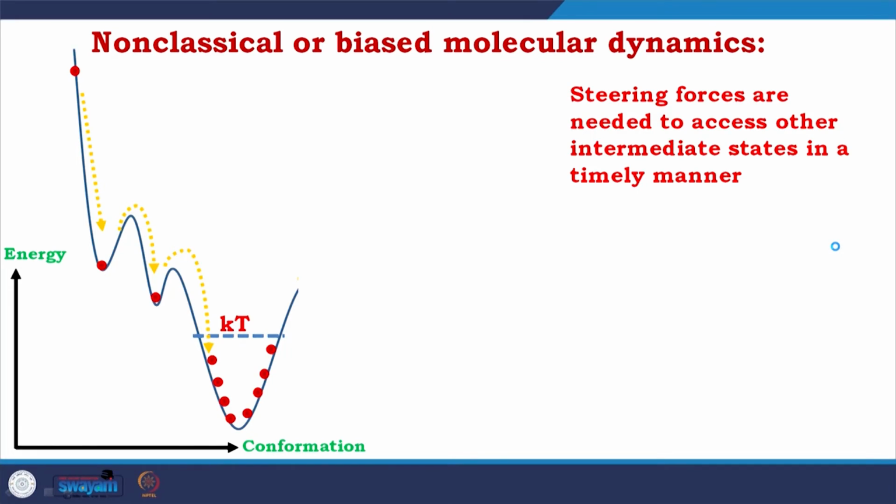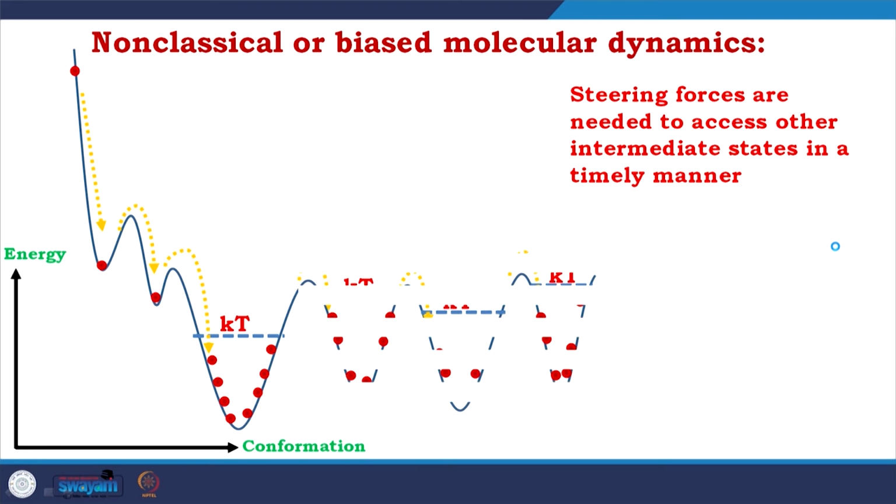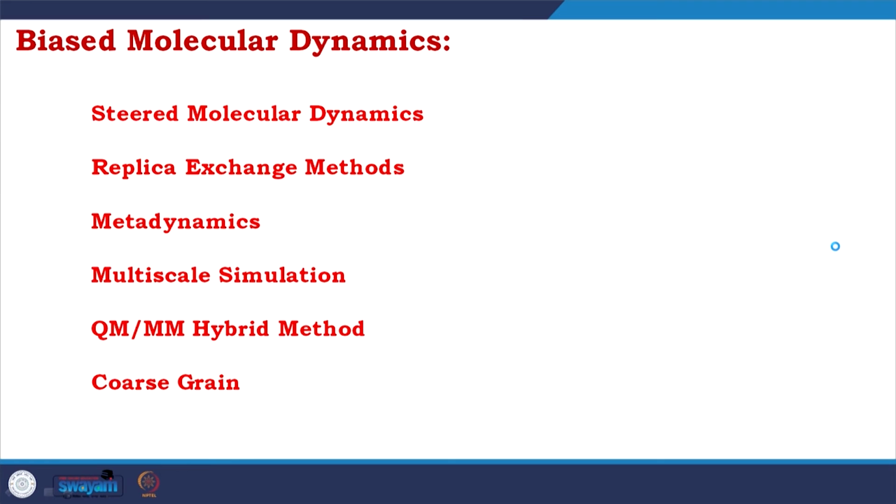Whatever we do in MD simulation, we compare between the thermal states, but we could go beyond that by applying the steering forces which are needed to access other intermediate states in a timely manner. So if you want to study conformations in different states, if you see these are energy barriers, we have to perform something which is called biased or targeted